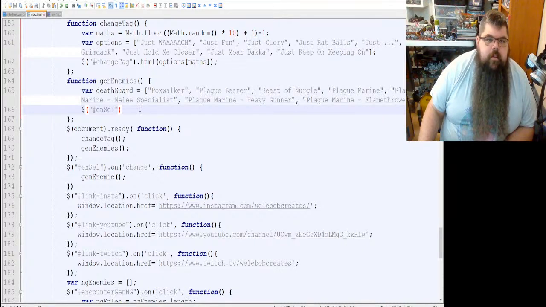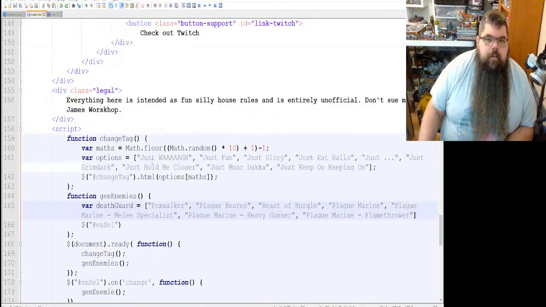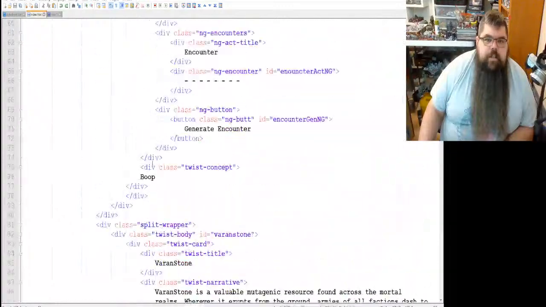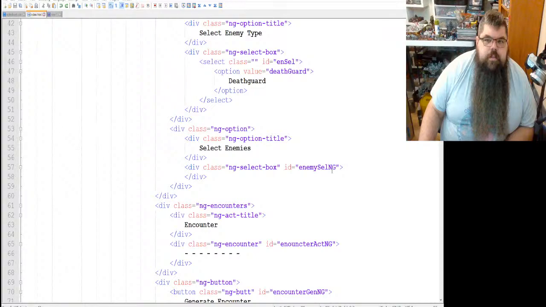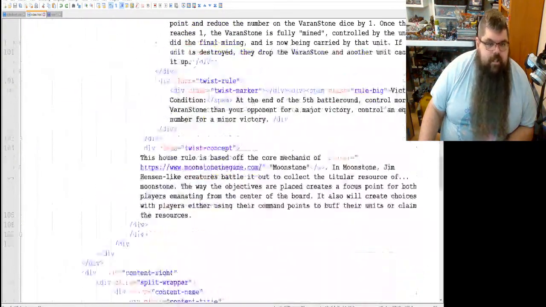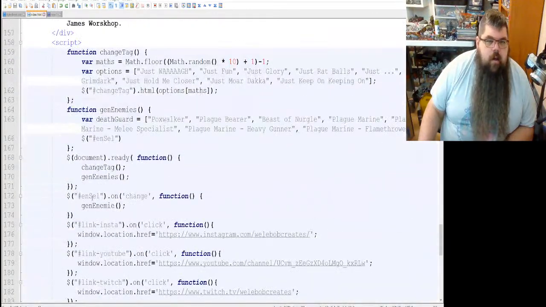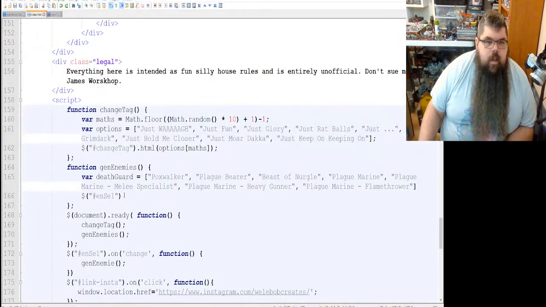Shit. Okay. So page loads, I trigger gen enemies. Gen enemies has my options inside of it. I then dump those options into select enemy cell ng. Those get injected into there. Okay.